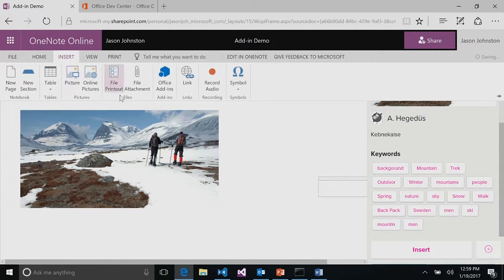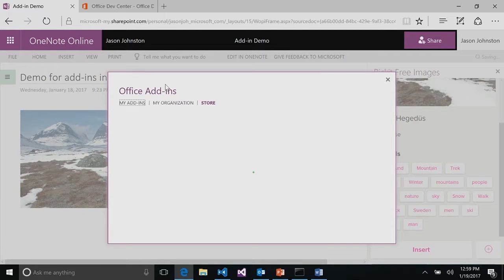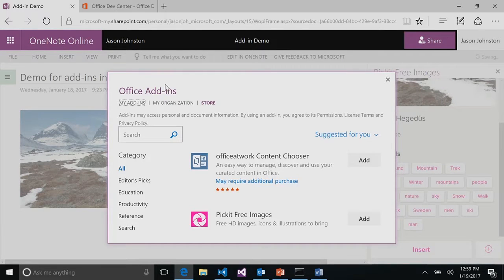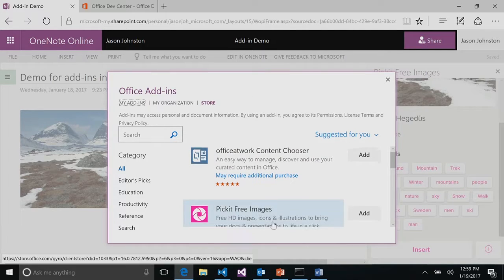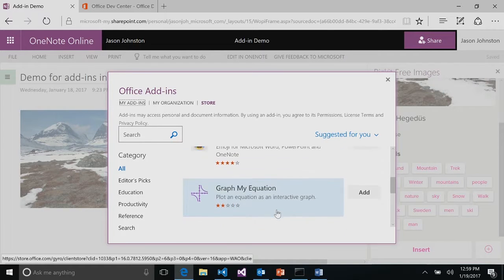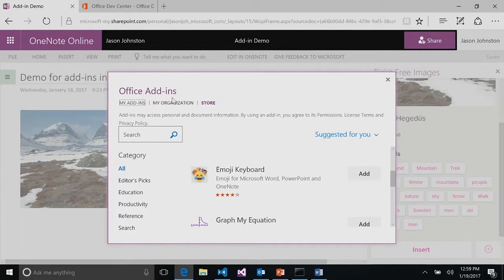Now, how did I get this add-in? Well, on the insert menu, we have this Office add-ins, and this is what I talked about with the in-client store. So just by clicking this, we get this UI, which gives me the add-ins. And right now I'm looking at the store, so I can find whatever add-ins I want.